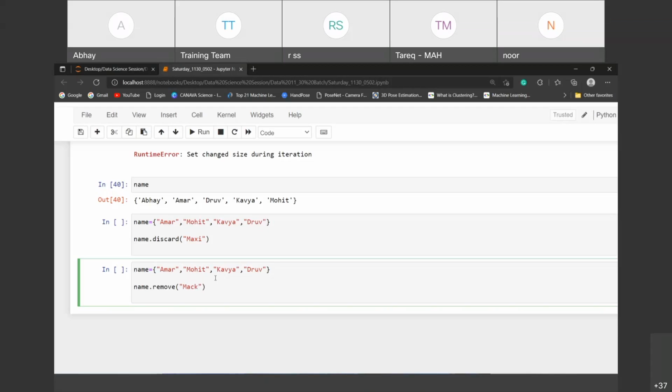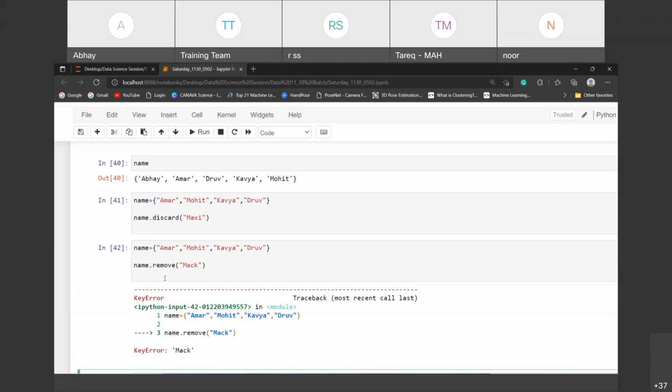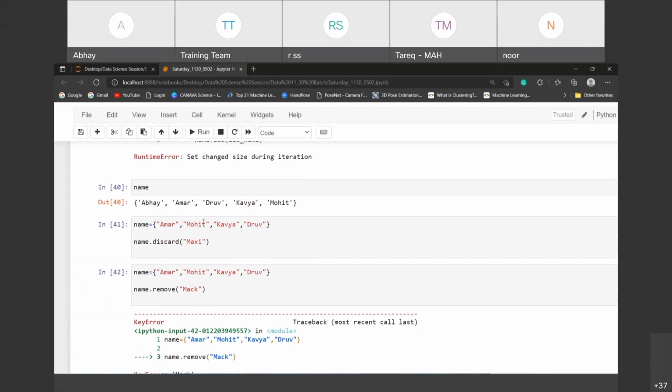Remove no error, discard will get error. Okay, let's execute. See, discard executed, remove is getting an error. Why is this happening? I already told you, discard will not pass any kind of error. Why? Because it doesn't matter to discard whether the content you are going to remove is present in the set or not.